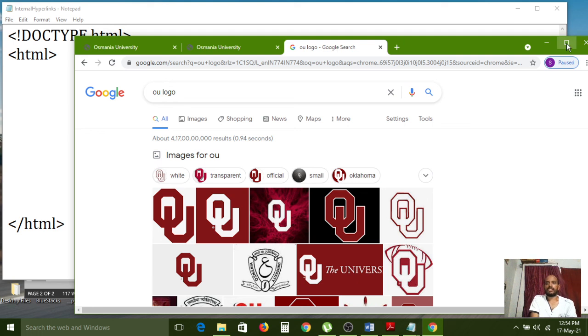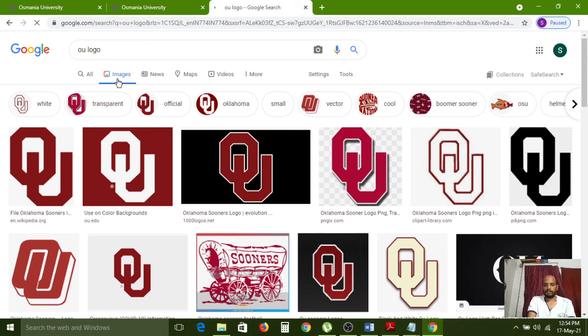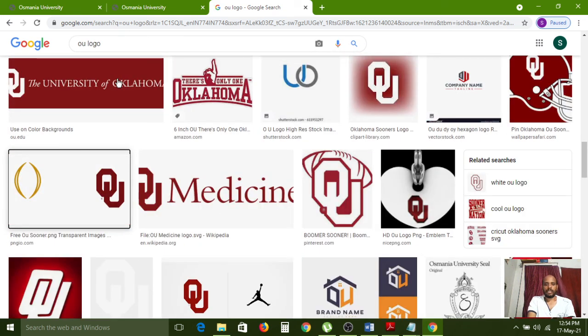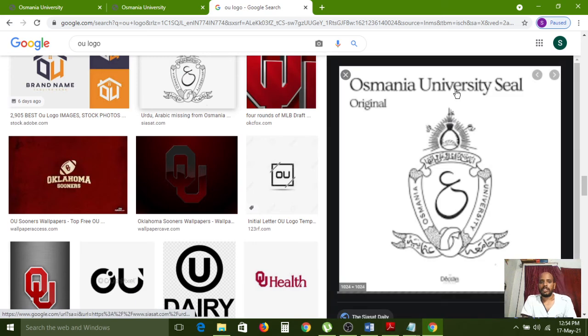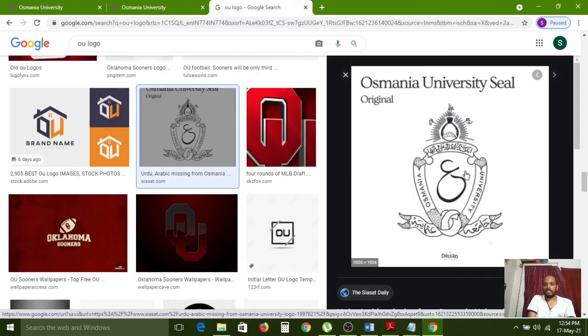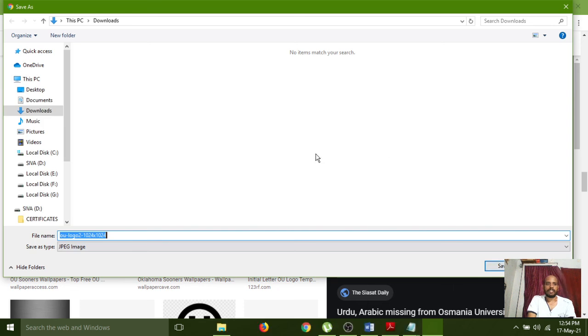Now I am maximizing, choosing images. In that, where is the Osmania University logo? Yeah, here. So this image I am saving. Save image as. I am saving it in my pictures, in the saved pictures option.